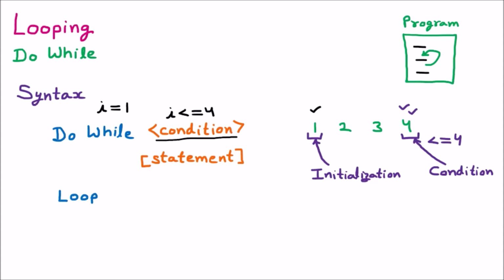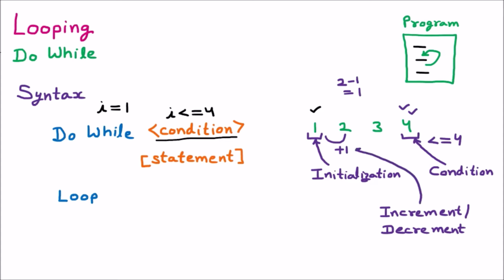Now the third thing is increment or decrement. We have to compare the two numbers, so first and second we are comparing. We know that from 1 to 2 we have to reach by 1. So 2 minus 1 will be equal to 1, that means 1 in positive. So 1 in positive is the difference. Here we can see that this is the increment, an increment by 1. So here we have taken the increment. Now in the do while we will write I is equal to I plus 1. So that is the increment we have provided.